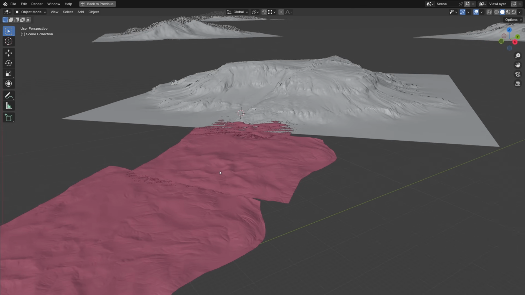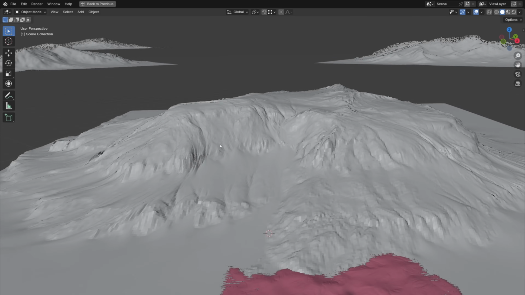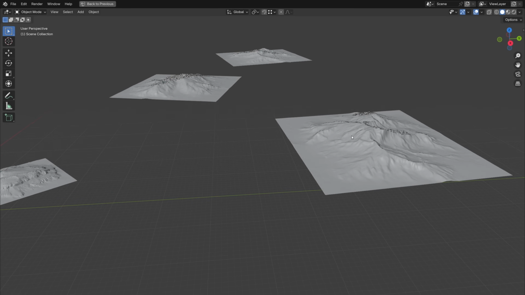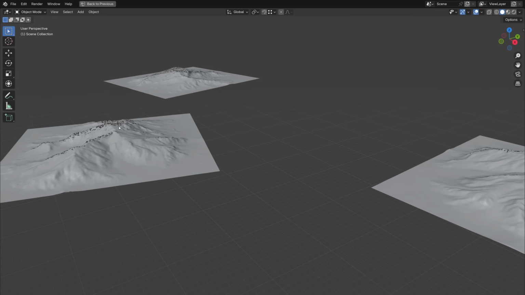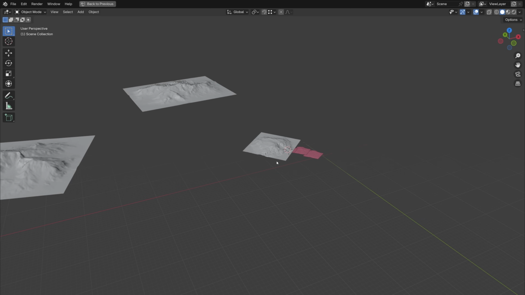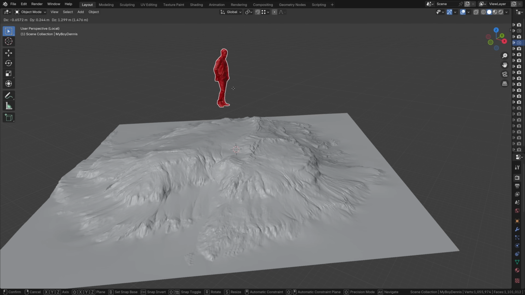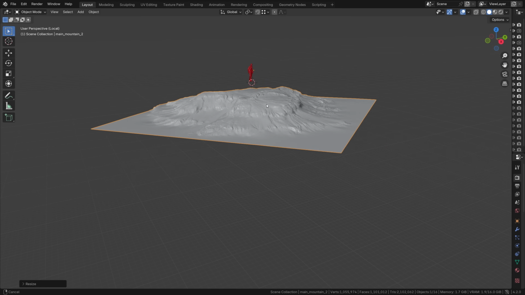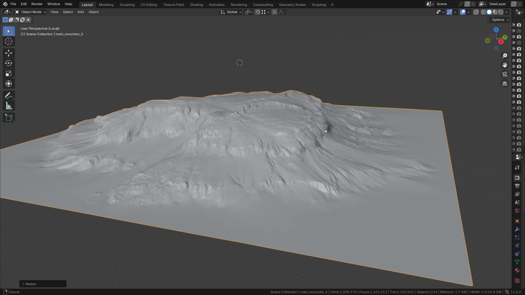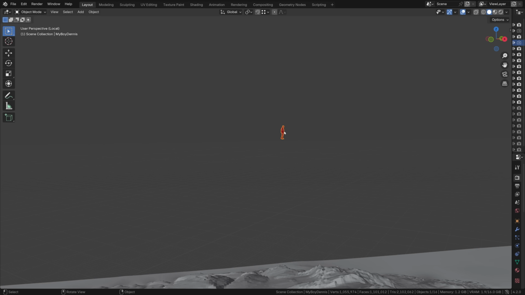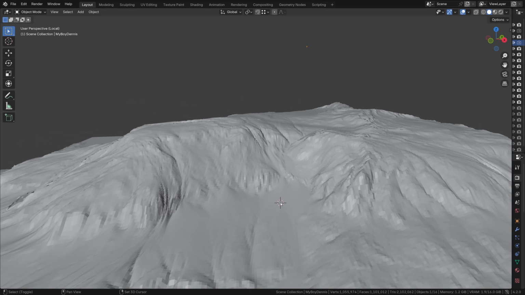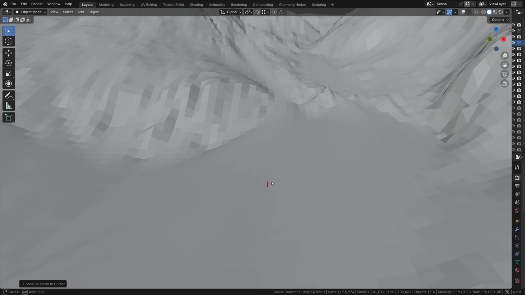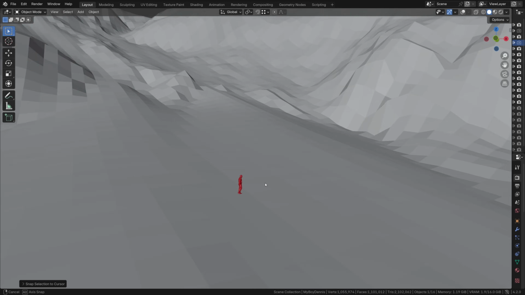Okay, so actually setting up these mountains, the important part is that they are a real world scale. We want these mountains to be the same size inside of Blender that they would be in real life. What I did to make sure my mountain was the correct scale is grab my human reference, which is 6 feet tall, and then scaled the mountain up until it seemed to be realistic compared to the human. I'll place the human at the base of some of these giant cliffs and kind of estimate how large they'd be in real life. In the end, I came to a mountain that was roughly a mile wide,